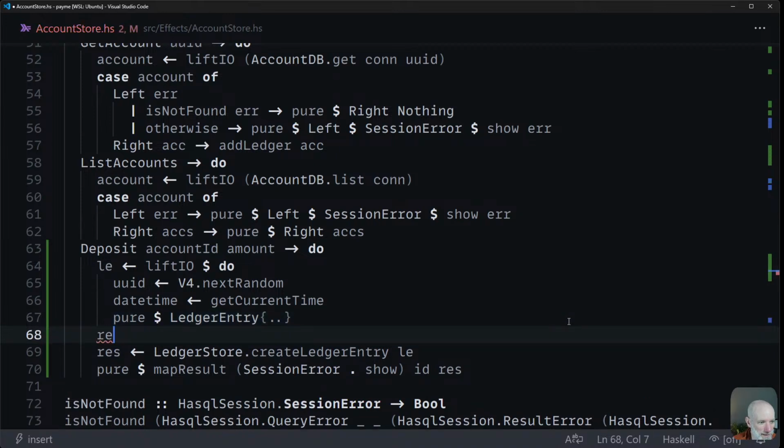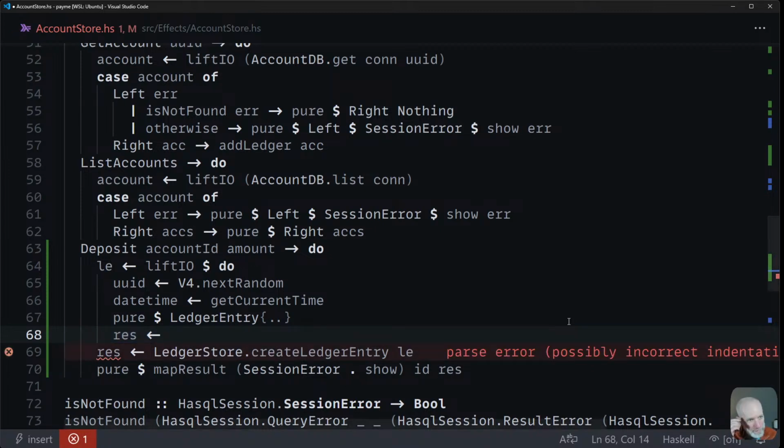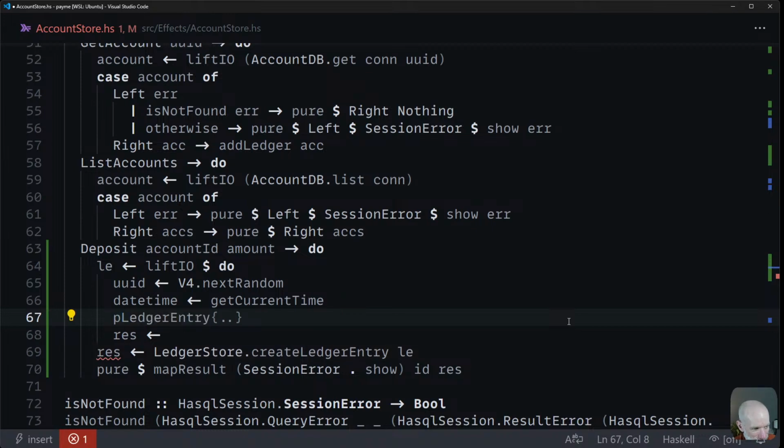Well, actually, we're talking directly to the account DB, so we're still in IO. Right, okay, so now we can say the ledger entry is that,